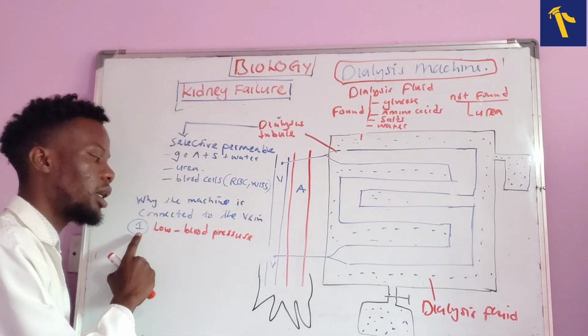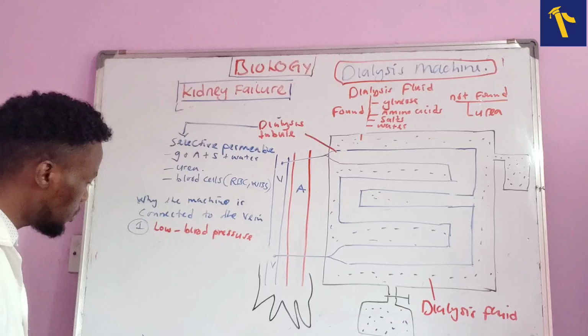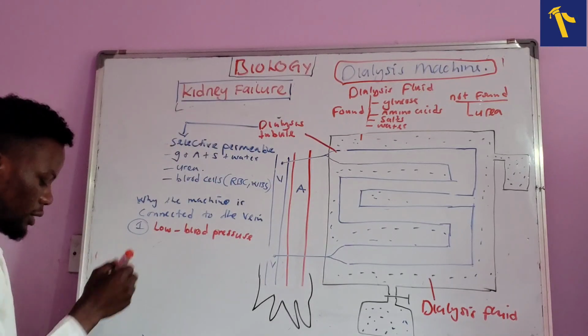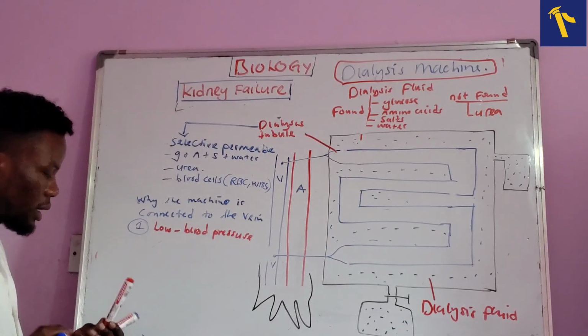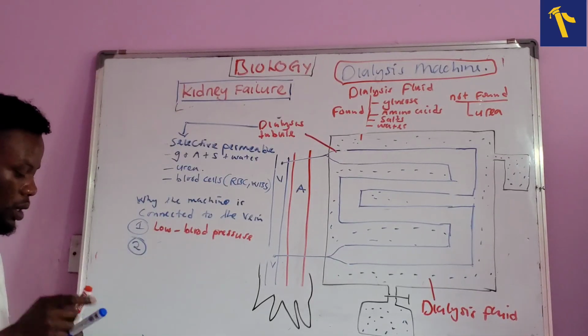Anyway, what you need to remember is, why is the machine connected to the vein? Because in the veins there is what? Low blood pressure. And another reason that you can talk about is this one: